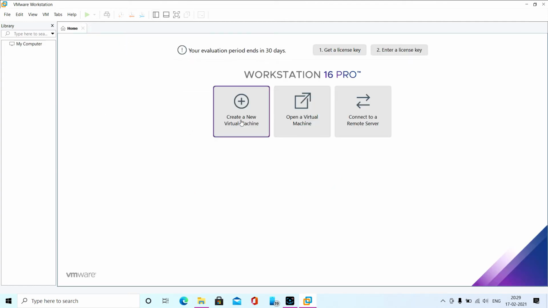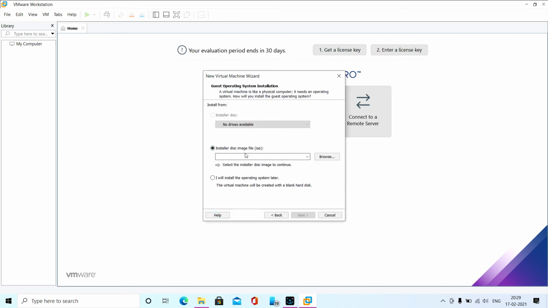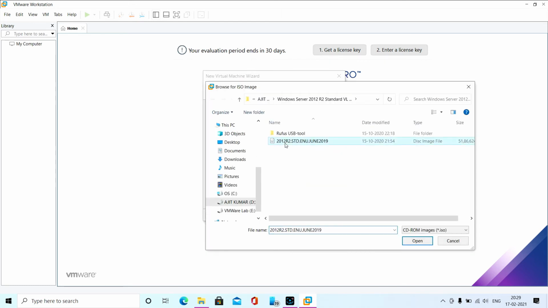Here you can create a new virtual machine, so I'm clicking here. You have to select the ISO file here, or you can select it later. I'm selecting the ISO file. Here is my ISO file, Windows Server 2012 R2.